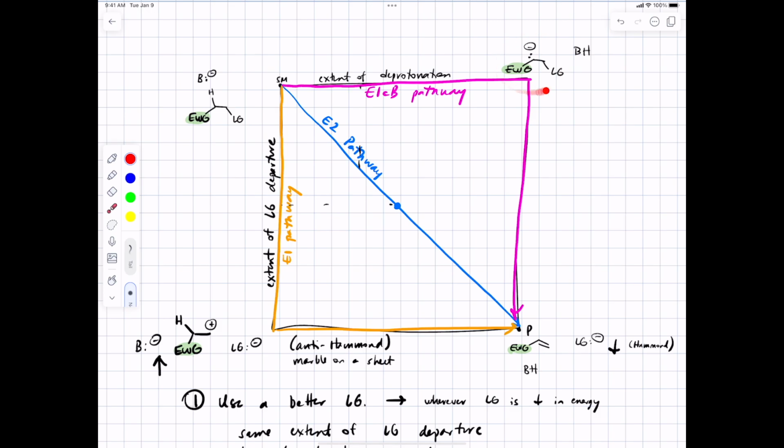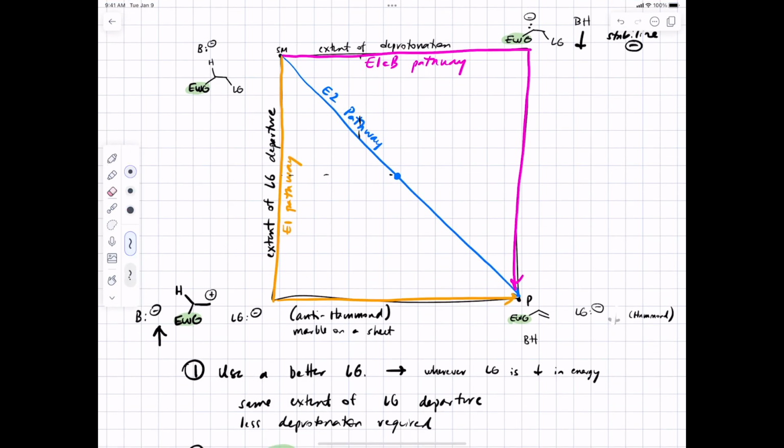What about here? Okay, that should be a decrease in energy. Why? Because you're stabilizing the negative charge. I'm not totally certain how it should affect starting material or products. I don't really see a big effect there. All right. So mostly the impact